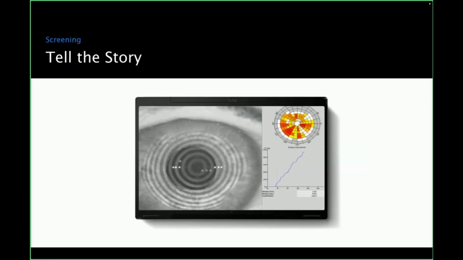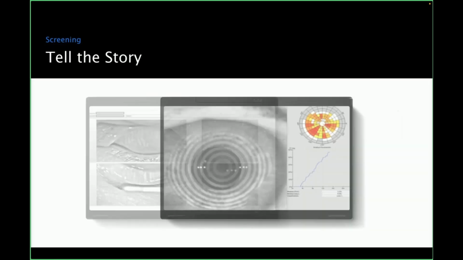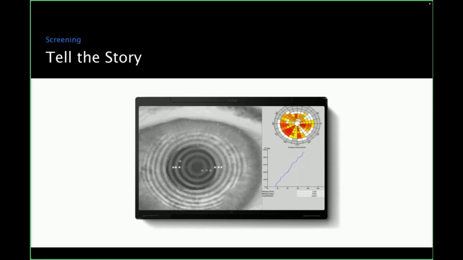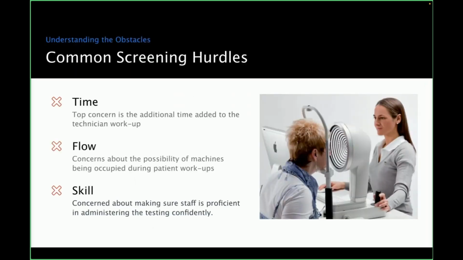I can go into, going back to this one, this is related to oils. What happens if you don't have a good oil layer is your tears are going to evaporate. Here's your tear breakup time. So it flows really easily. Here's your quality of your oils. It allows you to customize the tests that you feel are important and present those to the patient in a very simple fashion. There's a beautiful dry report that comes out at the end. I'm not going to get into great detail there, but let's talk about some of the hurdles.